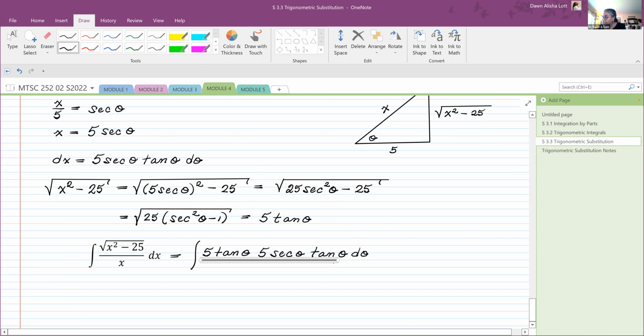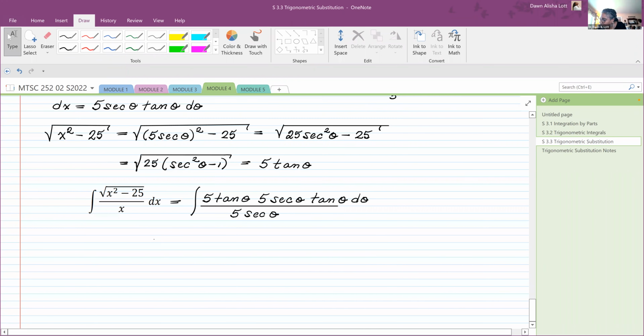And then the denominator x is 5 times the secant of theta. Okay. So what cancels? Well, this 5 and that 5, and this secant and that secant. Okay, very good. So that leaves me 5 times the integral of tangent squared theta